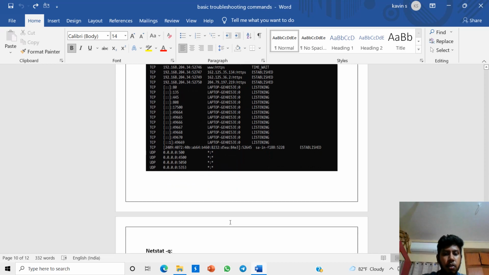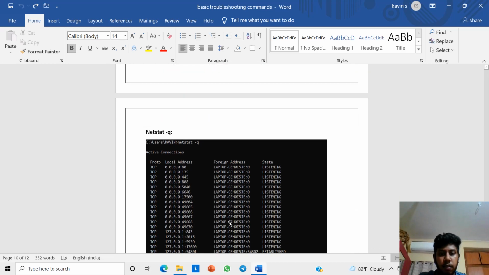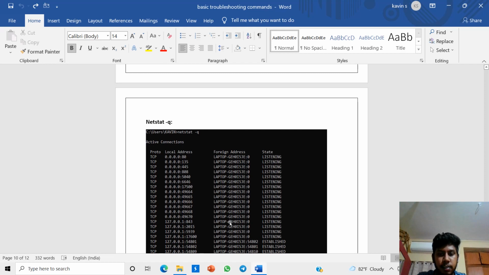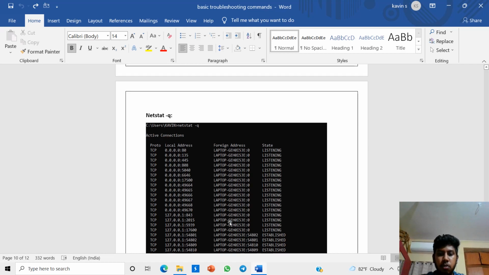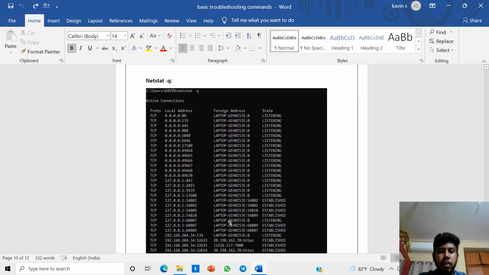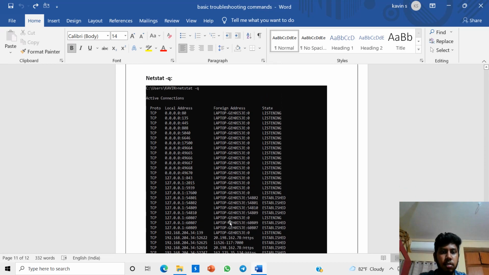After that, netstat retrieves network statistics, including available TCP ports. It is a command line utility used to retrieve commonly used network statistics, including the available and in-use Transmission Control Protocol ports.